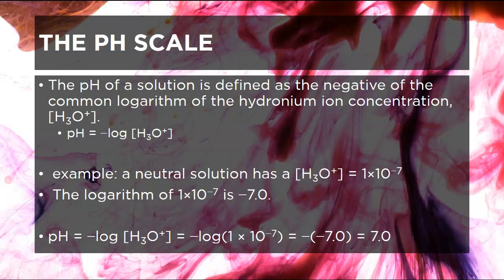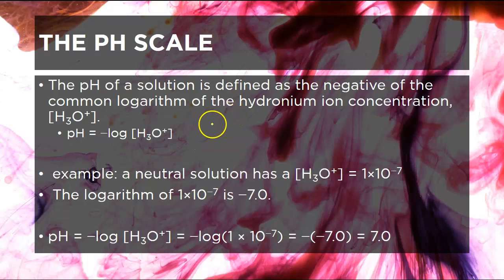Kind of like how they do with GPA. You know, you have your grades, which are all over the place, but then your GPA kind of puts it on a scale. The log will put this on a scale from 0 to 14 so that we have a nice everyday number to describe pH. So pH is going to be the negative log of my hydronium ions